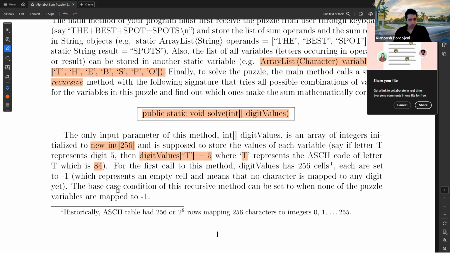Let's assume that you're trying to implement this method and find all the combinations of, or all the mappings of characters to digits so that it can solve our puzzle. In order to find all combinations, you need to assume that